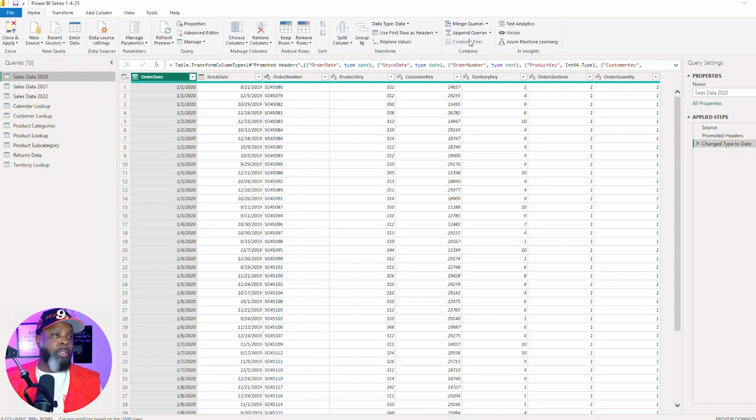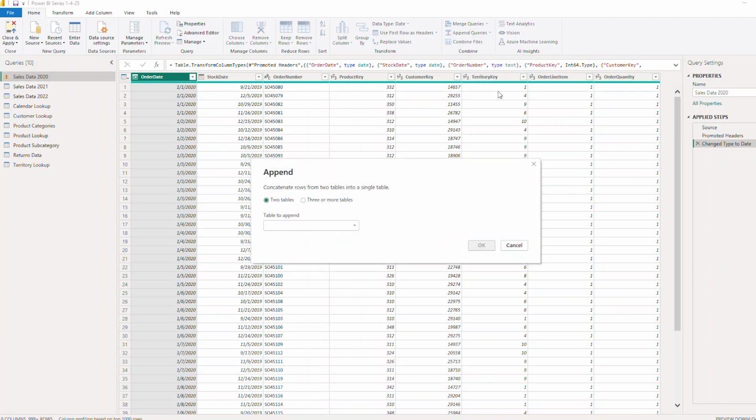So they have to have the same columns because these are being stacked on top of each other. So these are going up and down, whereas your merge is going left to right or right to left. So with that, let's go ahead and click on append queries, making sure that you do have sales data 2020